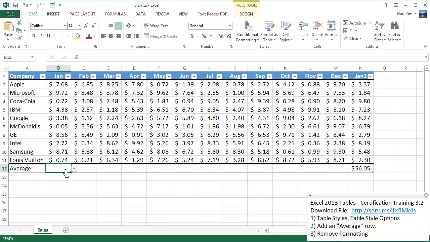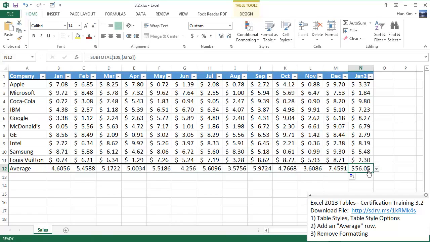So this cell here, you can also go to auto sum, and the drop down arrow here within the home tab, you can choose average, and that's another way of getting the same result. Now I'm going to use autofill to grab the bottom right corner till I see the black plus sign. I'm going to autofill the averages all the way across here,